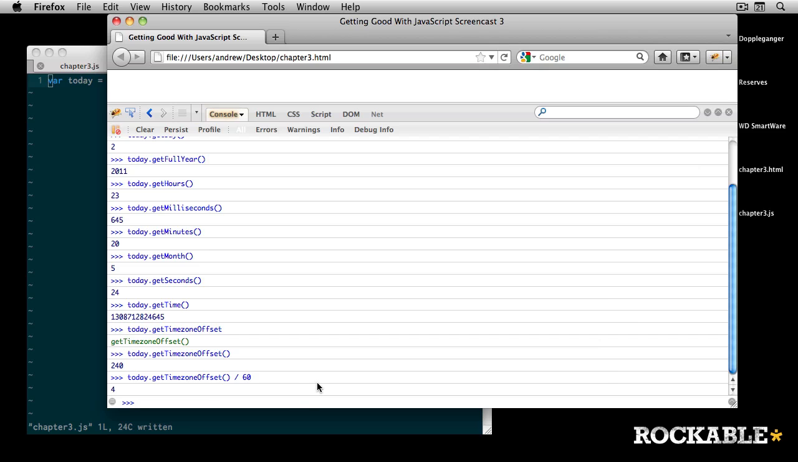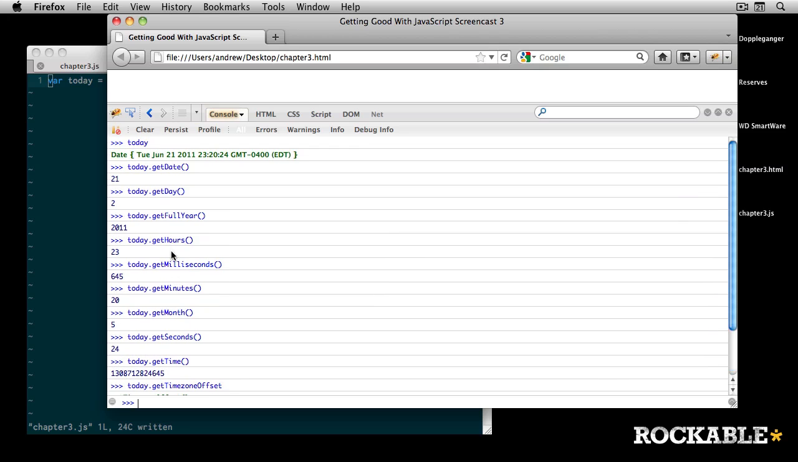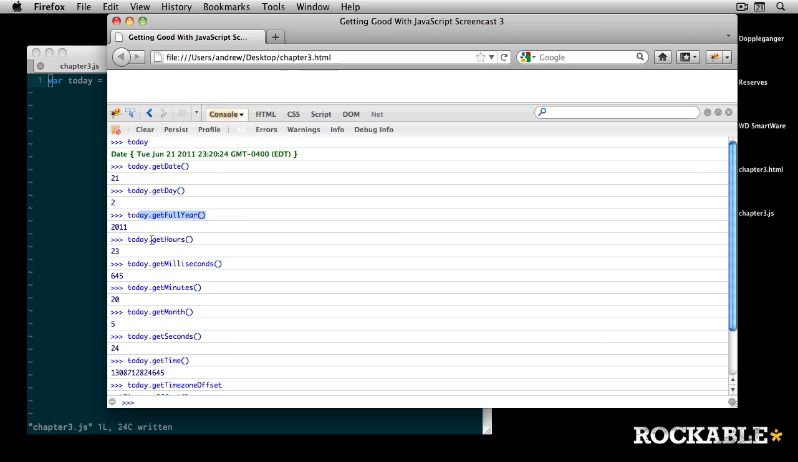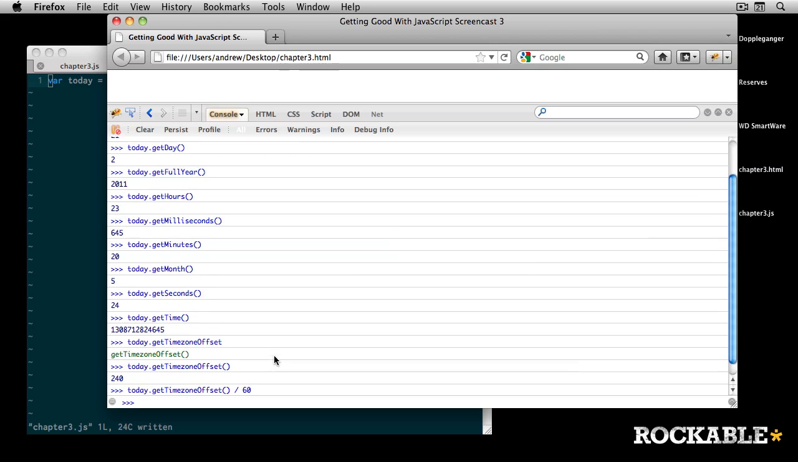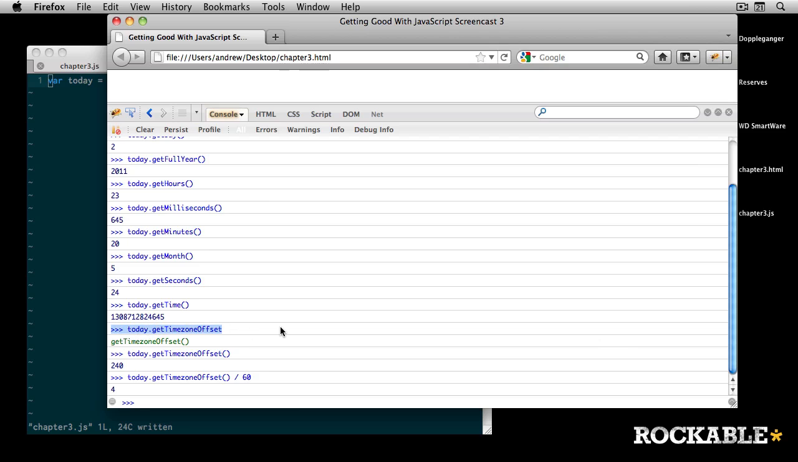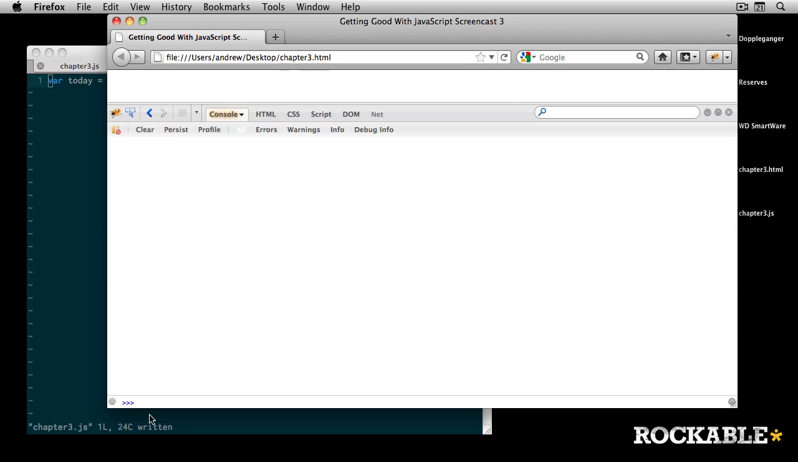All right, now most of these can have set values as well, so I can do set date, set full year, set hours, set milliseconds, set minutes, set month, set seconds, and set time. Really, set time zone offset is the only one that I cannot set. So if I was just going to show you one of those, for example,